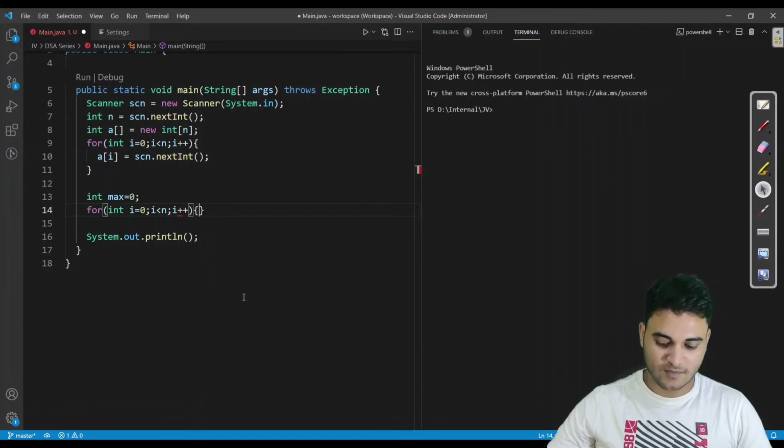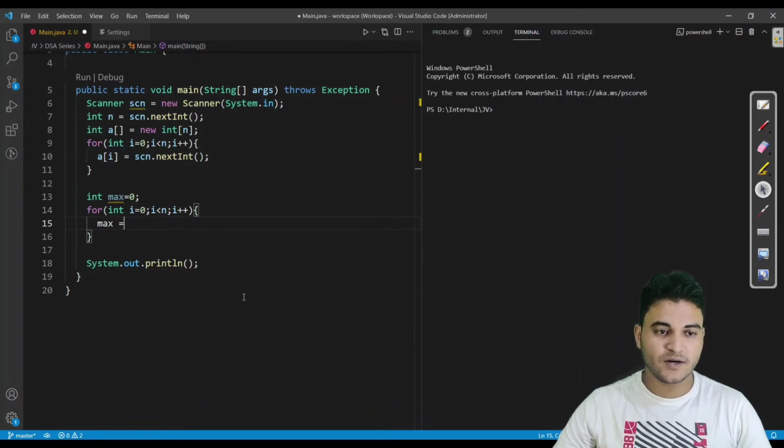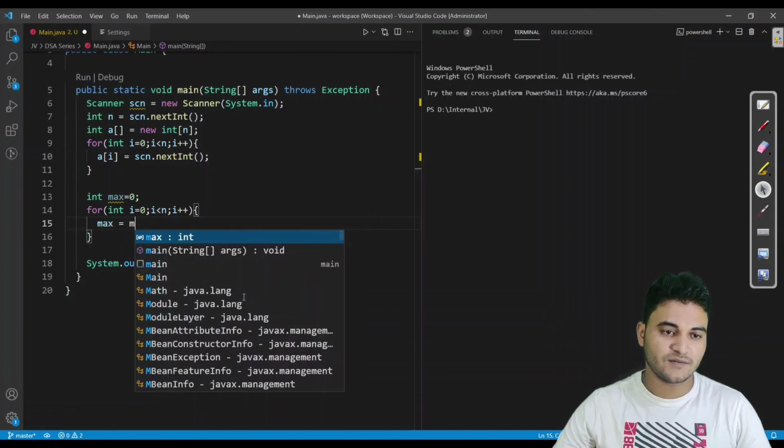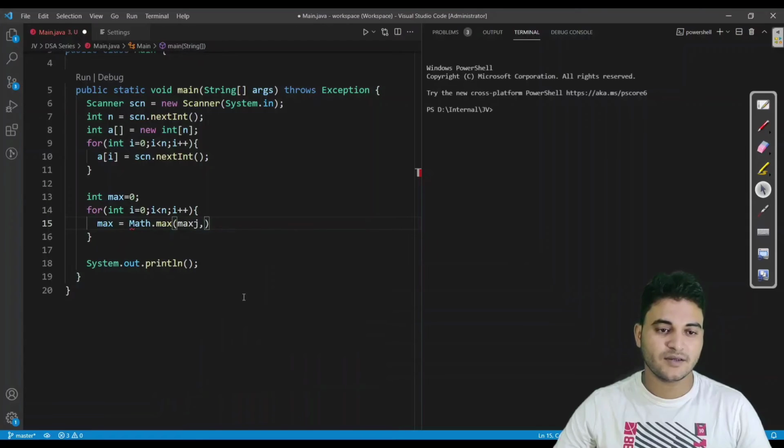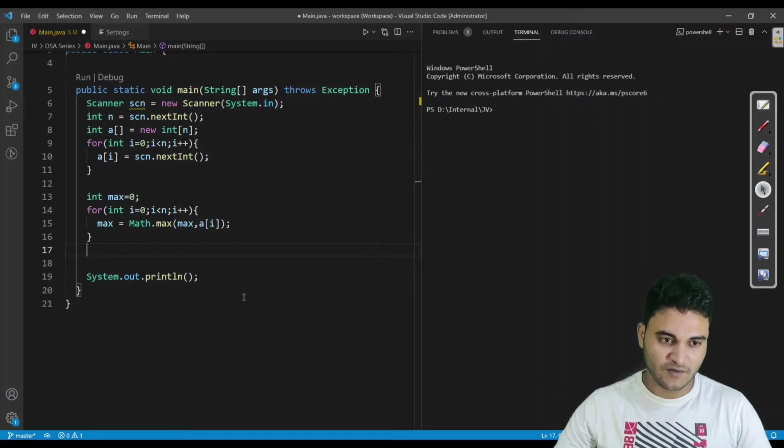So we have to write this loop, and we just have to apply a method called Math.max, and inside this we have to put a of I. So by this we would be able to get the maximum of the array. Now we have to print maximum rows. It should go till max